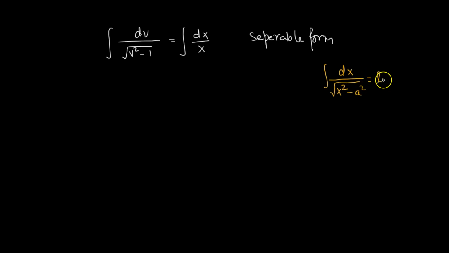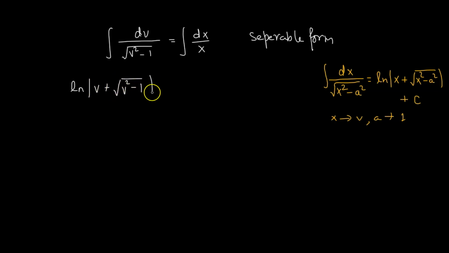This is natural log of x plus square root of x squared minus a squared plus the constant of integration c. Now, here x is v and a here is 1. All we have to do is substitute the value of x with v and a with 1. Then the value of this integral will be natural log of v plus square root of v squared minus 1